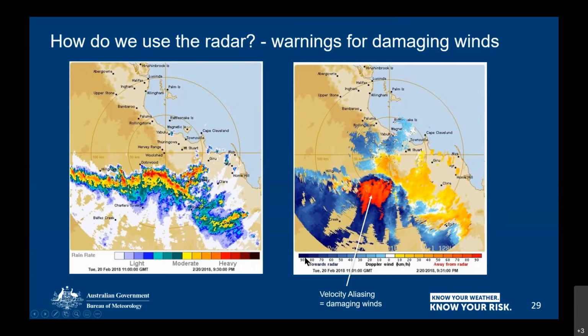So whenever you're looking at your Doppler data, you've got these yellows, oranges, then they come into this white colour going along the scale through to the light blues and then into the dark blues, but then it jumps into this red colour. That's because we've got winds that are exceeding 90 kilometres per hour and they've jumped back around to the other end of the scale. Whenever we see a dark blue going to a dark red or vice versa, we know that this is aliasing. For this particular radar, that means the winds are greater than 90 kilometres per hour, and that's damaging winds. So we would have to issue a severe weather warning for that one.